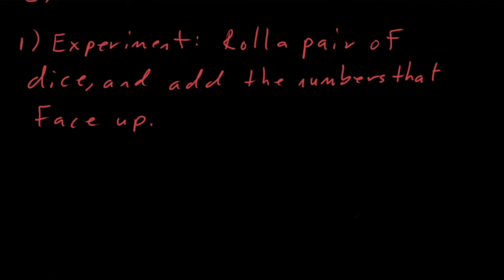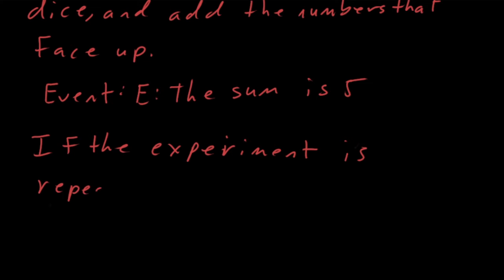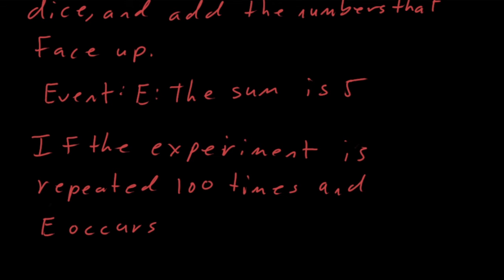The event is E, and the sum is 5. So if the experiment is repeated 100 times and E occurs on 10 of the rolls,